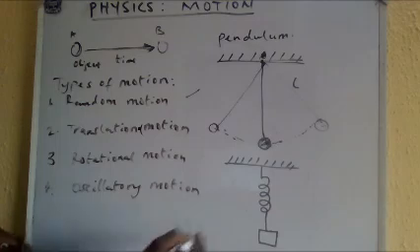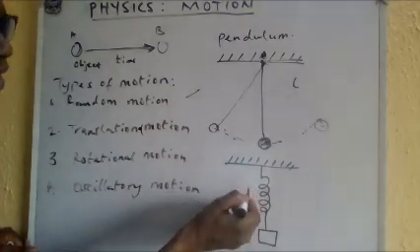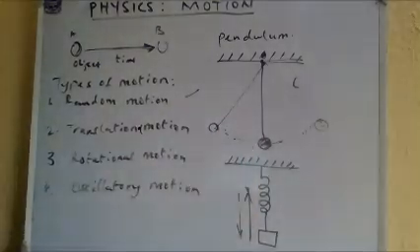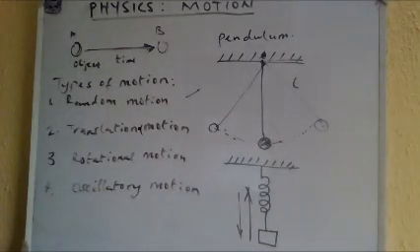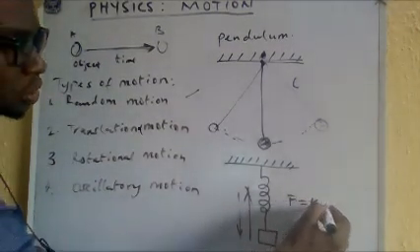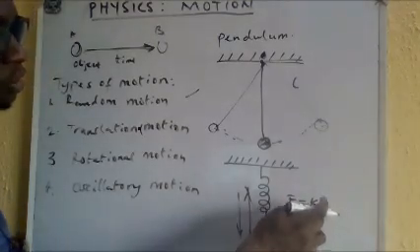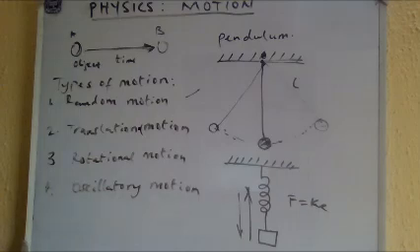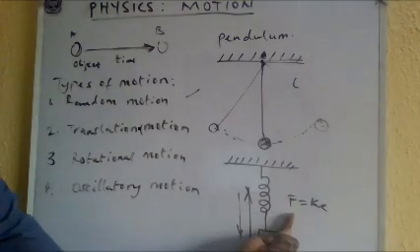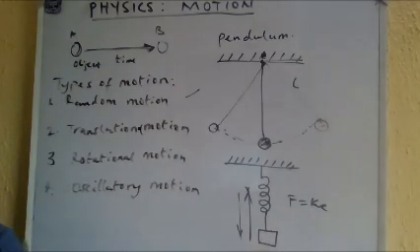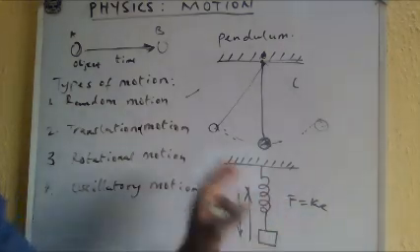So this one too is a to-and-fro movement, but its own is up and down. It goes up and it comes down. This is actually derived from Hooke's law, where this is the force, the extension, and the constants. So we'll look at that later in this course. You see that the force applied is directly proportional to the extension, provided that the elastic limit is